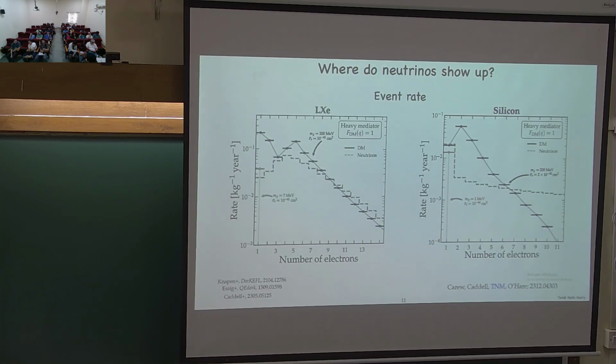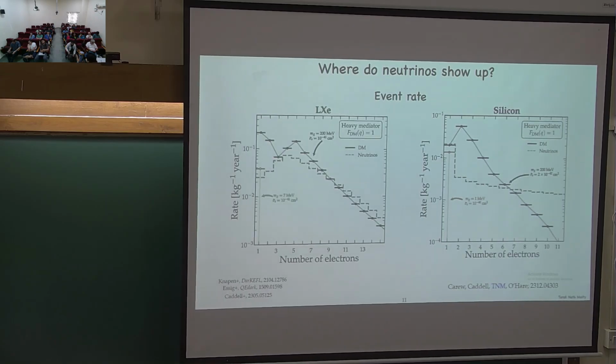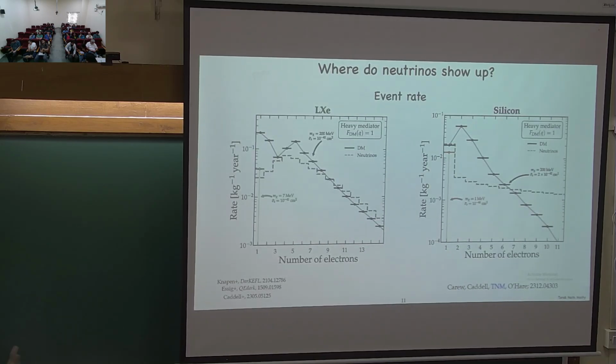Now since it is 10 eV ionization energy, you are sensitive to a certain portion of the solar neutrino fluxes for xenon, but for, let's say, semiconductor you are sensitive to even lower energy neutrino fluxes. So that's why even if it is similar exposure, you are getting more events. So these are the things that are determining that.